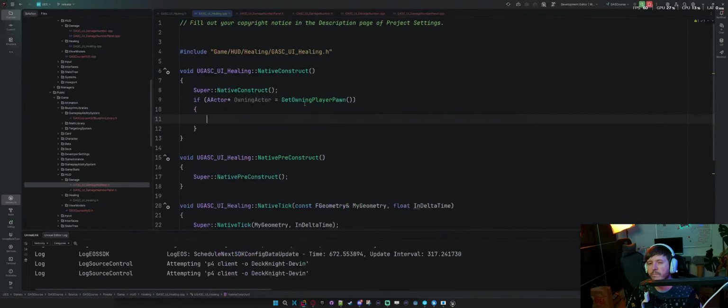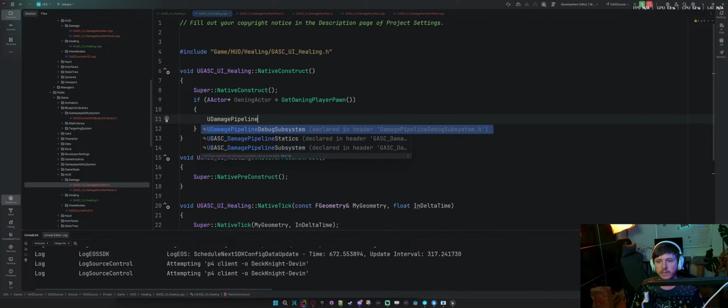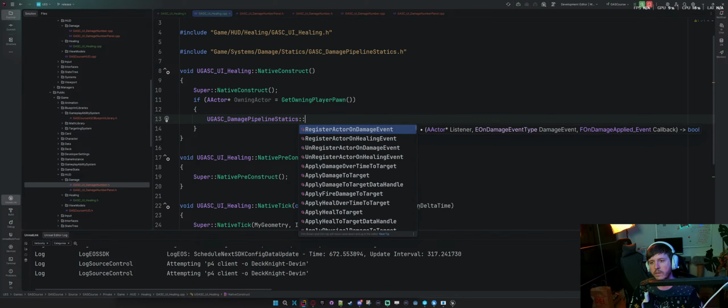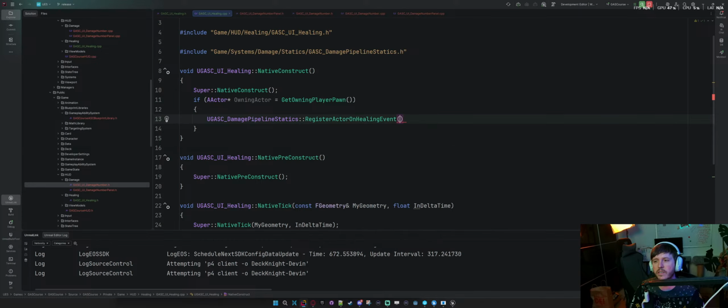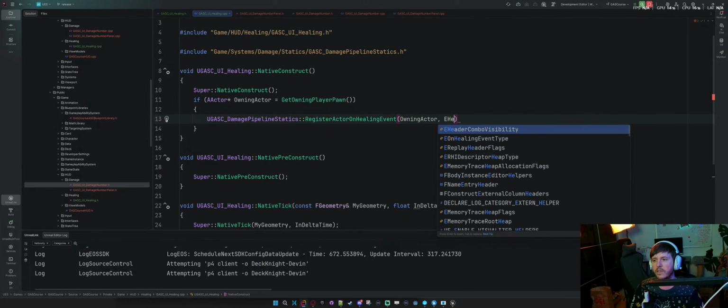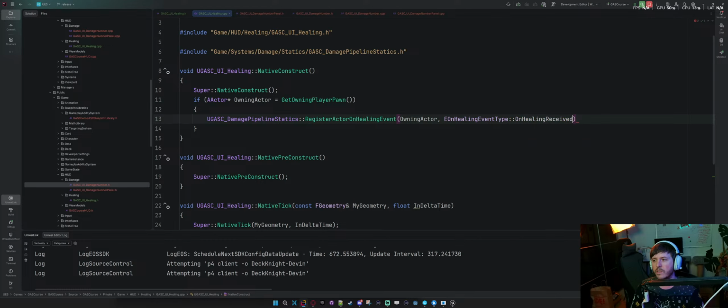What's a pawn? Now I need to do the whole statics thing. So I could say, you know, do damage pipeline statics, register on healing event. We're gonna say owning actor. We're gonna say E healing event type received, and then the callback is gonna be